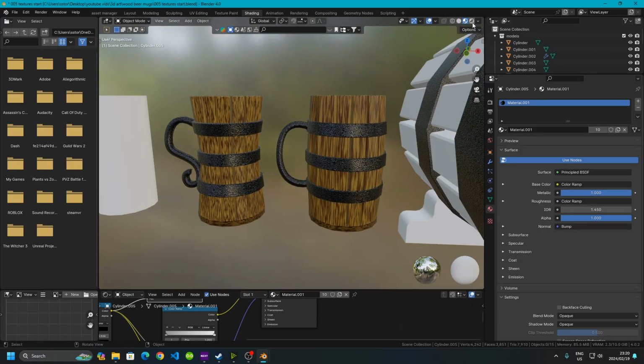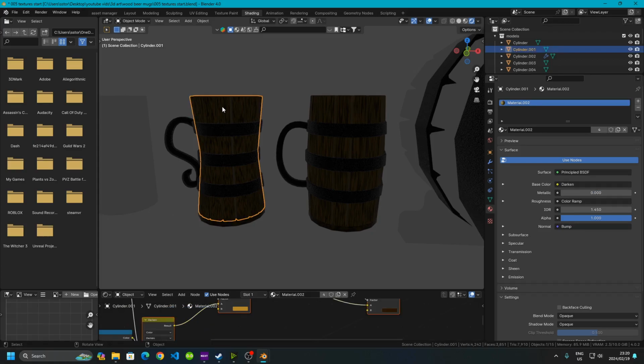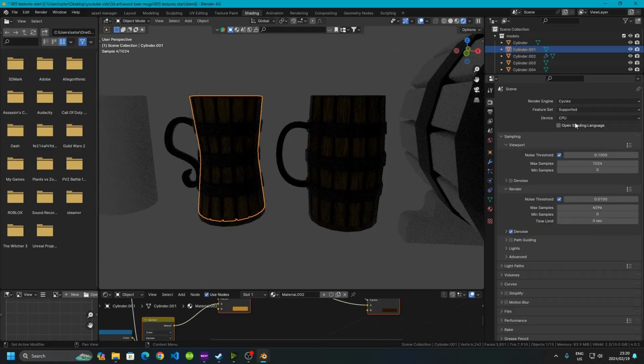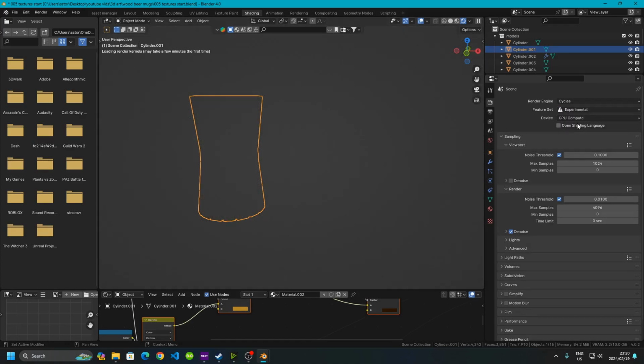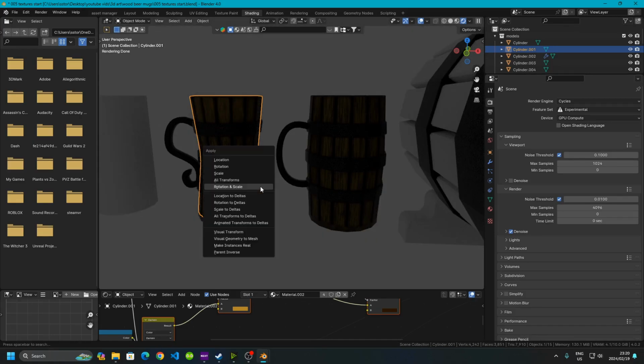We're going to head over to turning on our render mode. I'm going to have to add a light. I'm going to change it to Cycles. I'm going to switch over my settings from CPU to GPU, and then I'm supported to experimental. I'm going to shift add